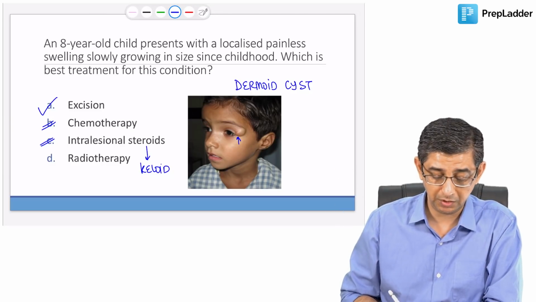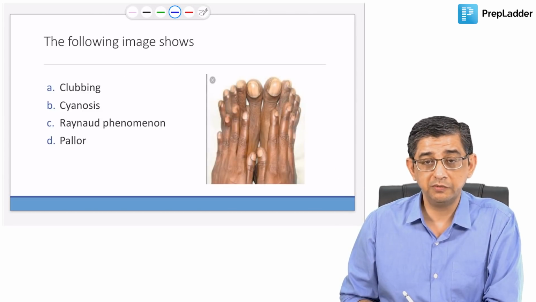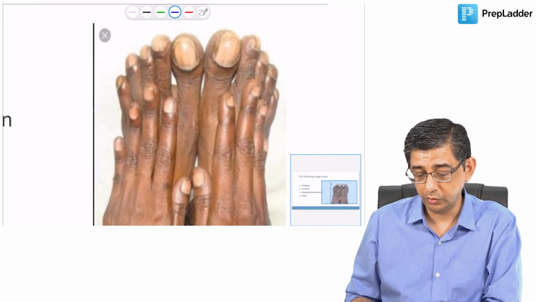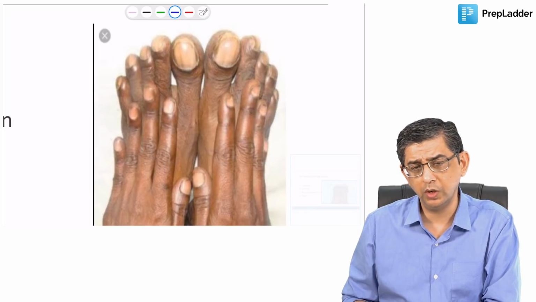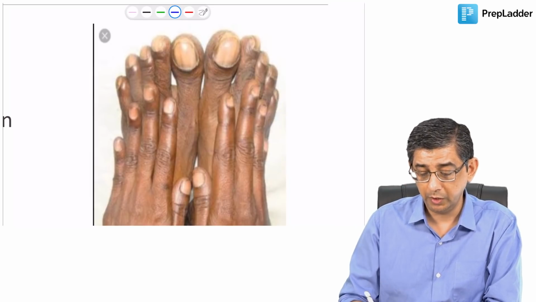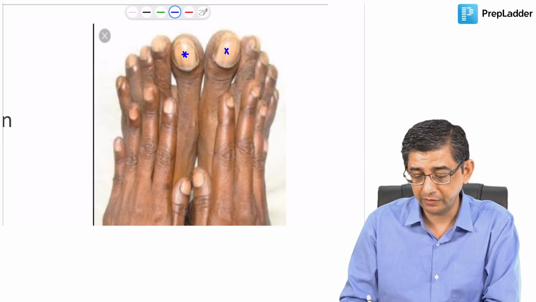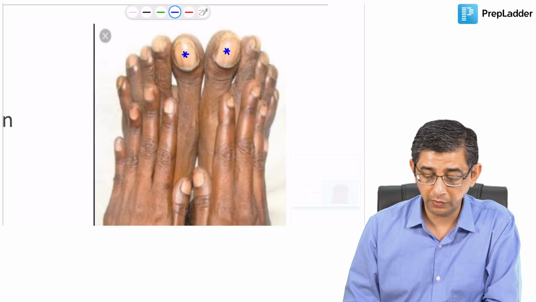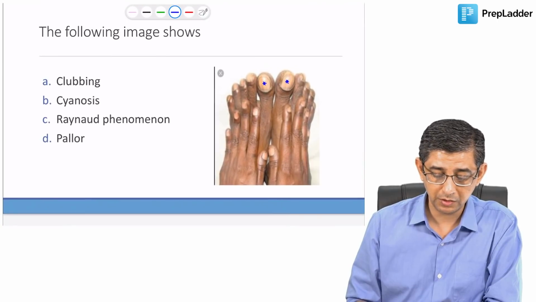The answer to this question is option number alpha. The next question was a very interesting one. When I spoke to students, they told me that they definitely could see that the hands of the person were more or less normal, the nails component, but you definitely can notice the convexity in the nails of this person. This convexity in the nails of the person will help you in making the diagnosis, which is going to be